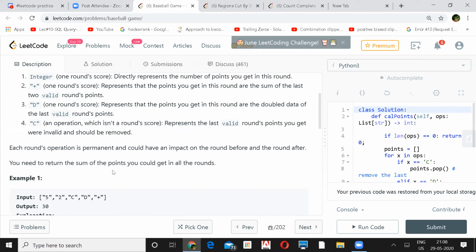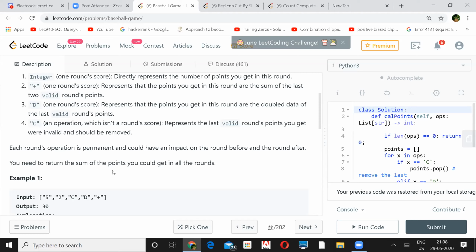Any code? For me, it looks very simple, like parsing all the inputs and looking for all these operations, where you have C, D, and plus as separate cases, and the others will be converted to integers. Then use some data structure, pushing all those rounds and storing them somewhere. Either a map or an array, you keep on storing, and have a pointer to the last one, and as and when required, move the pointers.